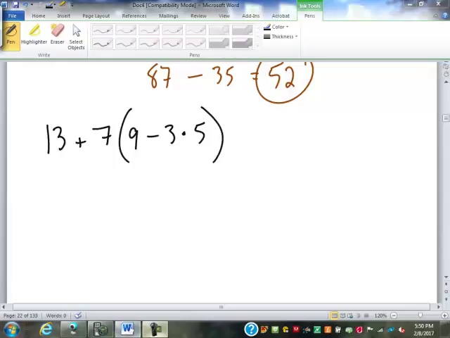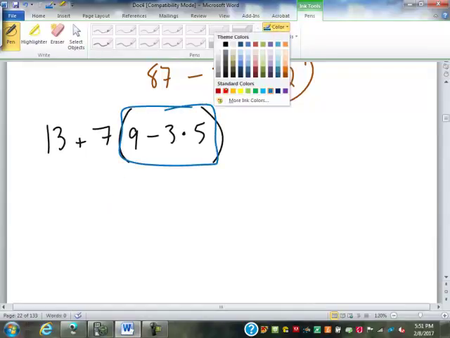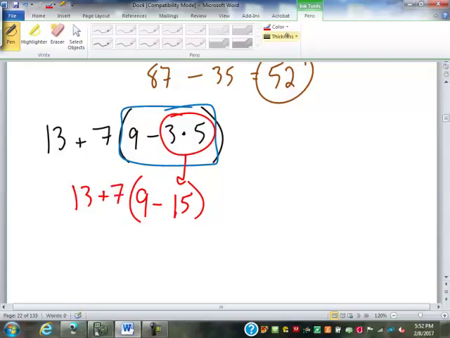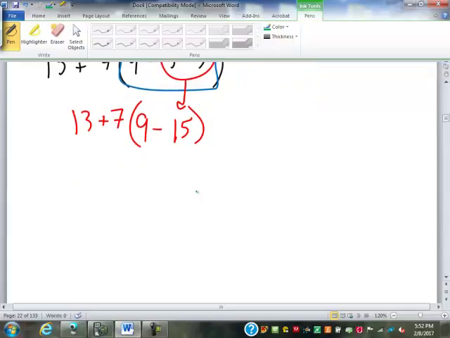Try this one. So we have the parentheses. We're going to start in there. In there, are there any other enclosing symbols? No. Any exponents? No. We are at multiplication and division. 3 times 5 is 15. Now we have the 9 minus 15, which is